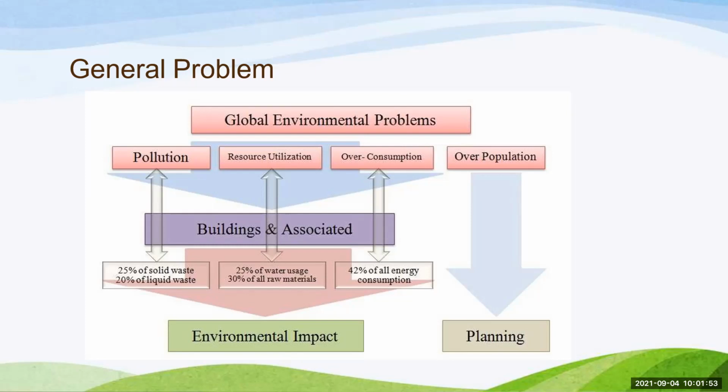Now this is the general problem, a global environmental problem. It directly impacts the environment. So when this type of issue is generated, you directly impact the environment, and after environmental impact, then human health. If your ecosystem and atmosphere are good, your health is good. If your ecosystem and atmosphere are disbalanced, your health is disbalanced. Human health directly depends on the atmosphere. Okay, any problem? Anyone?